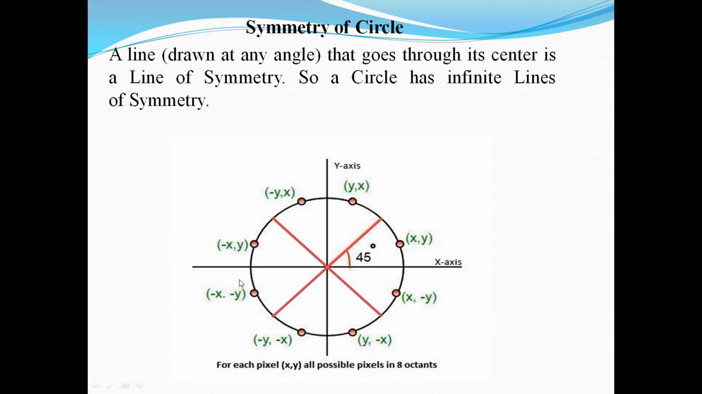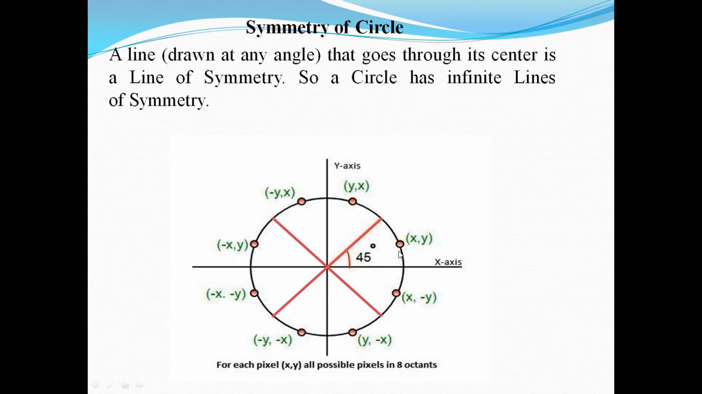Let's consider this diagram to understand this property. Suppose we have a circle whose center lies at the origin of the x-axis and y-axis. We have drawn two pink shaded lines that divide this circle into 8 equal parts. Suppose we plot the point x, y in the first quadrant, then by the property of symmetry of the circle, the point can be plotted in the remaining 7